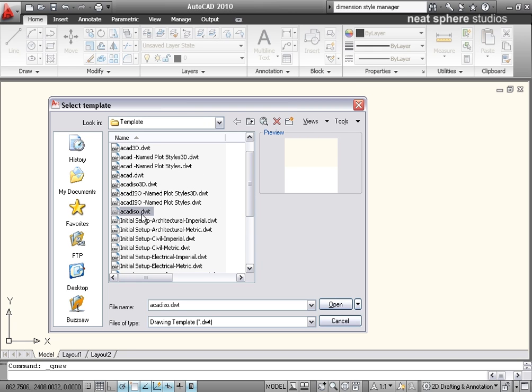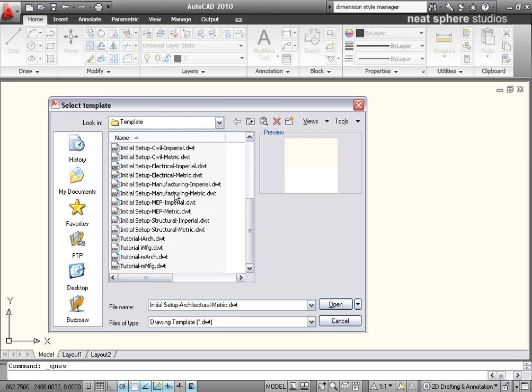We've got an AutoCAD ISO, so that's an AutoCAD International Standard Organization drawing file. Okay, so it's a bog standard, it's going to be metric, for those of you who aren't so keen on that. We could just have a plain AutoCAD file which isn't ISO standard. We've got an ISO 3D starting point and a standard AutoCAD starting point. We've also got things where we can work with civil engineering in metric, architectural in metric. We've got electrical and mechanical